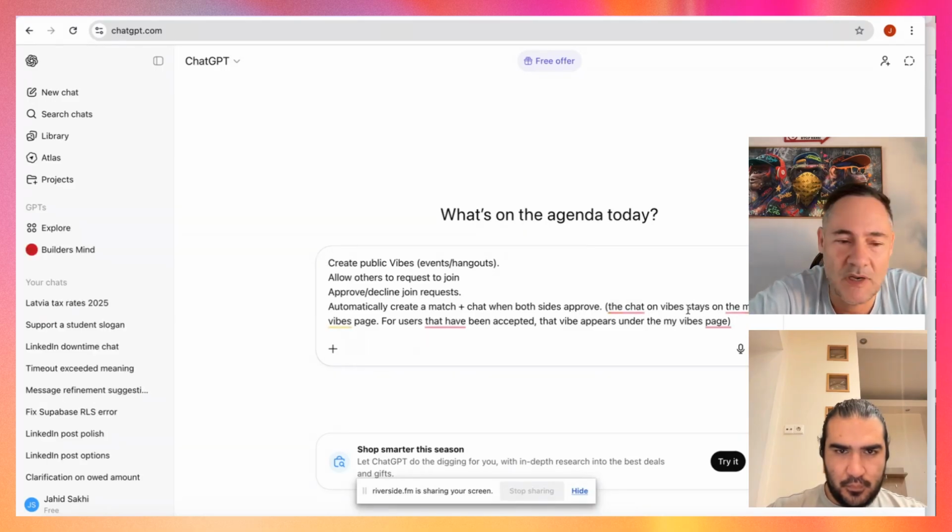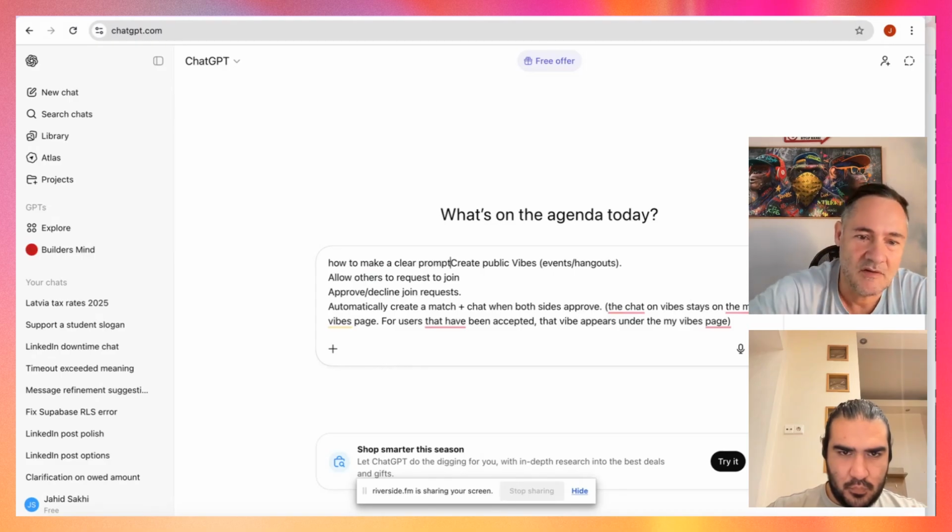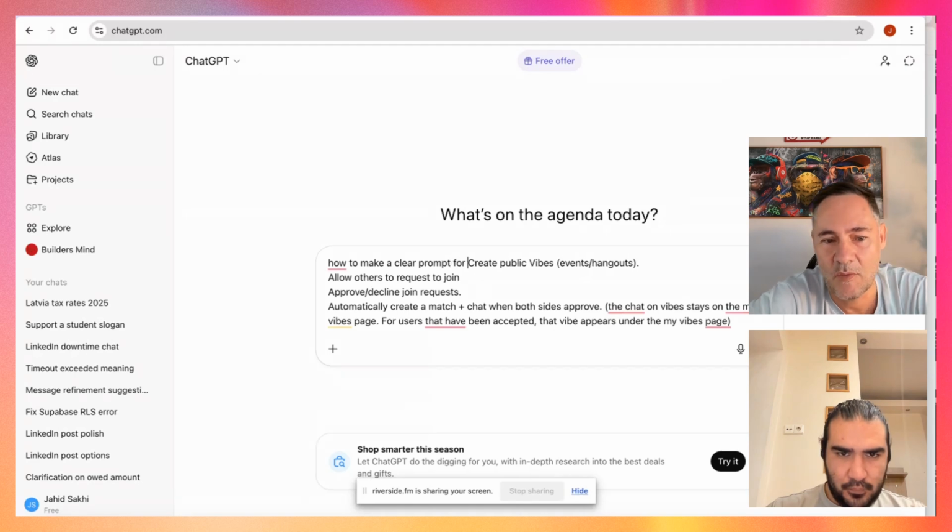Or let's say you want to go play pickleball, and 8, 9, 10 people want to join, you can accept them all, and you can all meet for that. So it really depends on the actual vibe, what it is. It could be that you're just looking for one person. It could be that you're looking for more than one person.